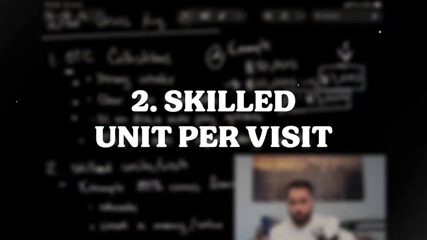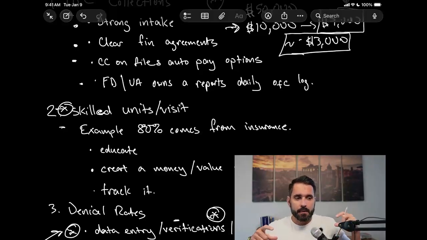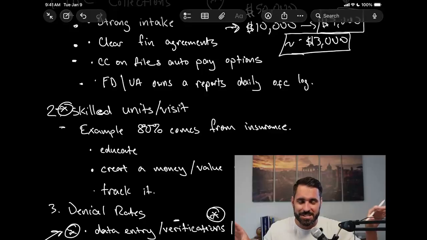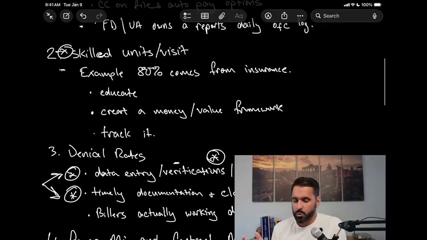Number two, units per visit, right? The second major financial touch point is how you are coding your services, how you are coding the delivery of care with your CPT codes and your ICD-10 codes, okay? And so we want to ensure that you are ethically maximizing both the volume and the quality of CPT codes such that you can maximize reimbursement